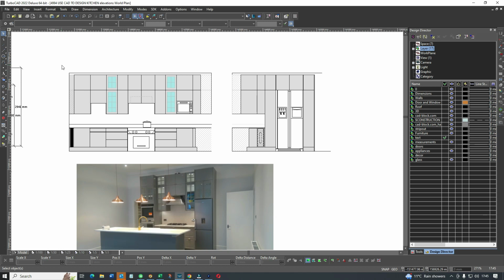I think I've shown you enough about kitchens on the kitchen plans for this tutorial. So it was about the Design Director. I said I'd show you how to put in elements